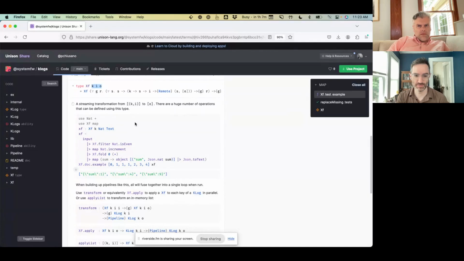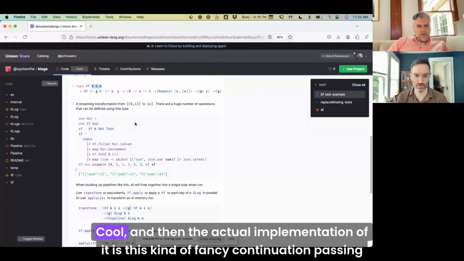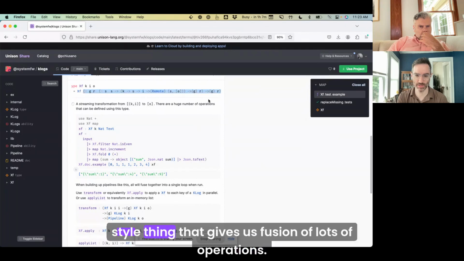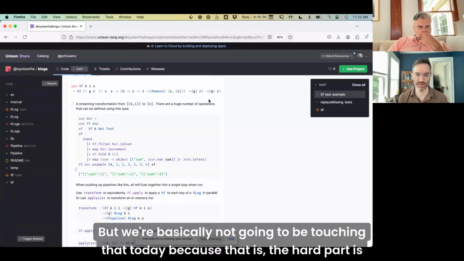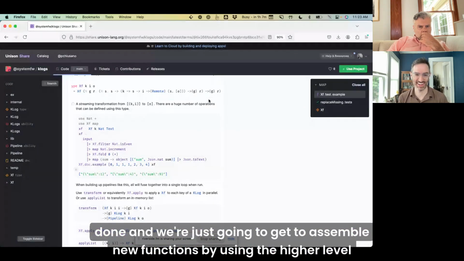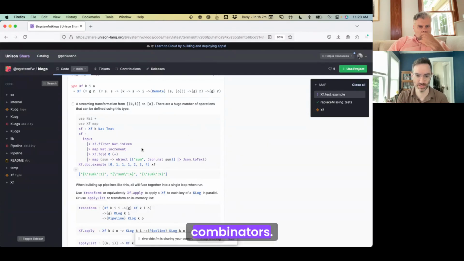And the actual implementation of it is this kind of fancy continuation passing style thing that gives us fusion of lots of operations. But we're basically not going to be touching that today, because the hard part is done, and we're just going to get to assemble new functions by using the higher level combinators.